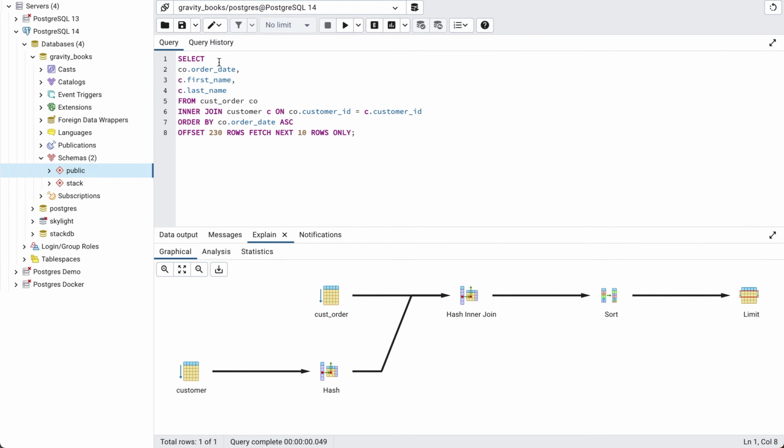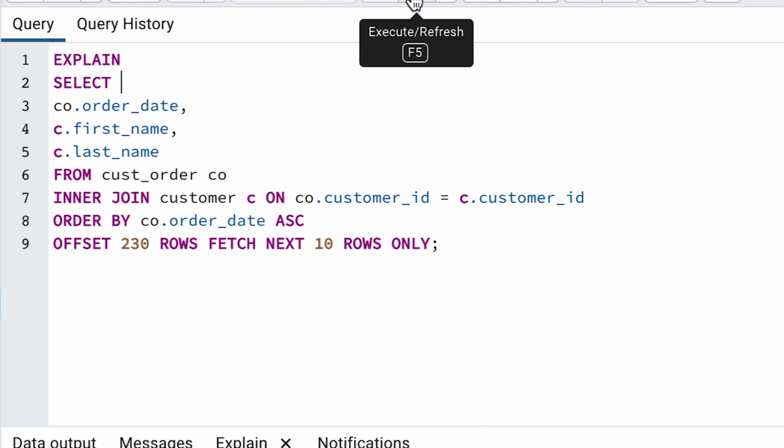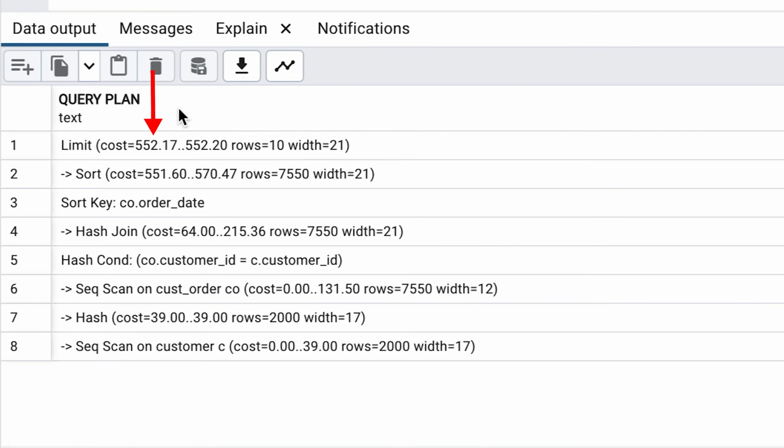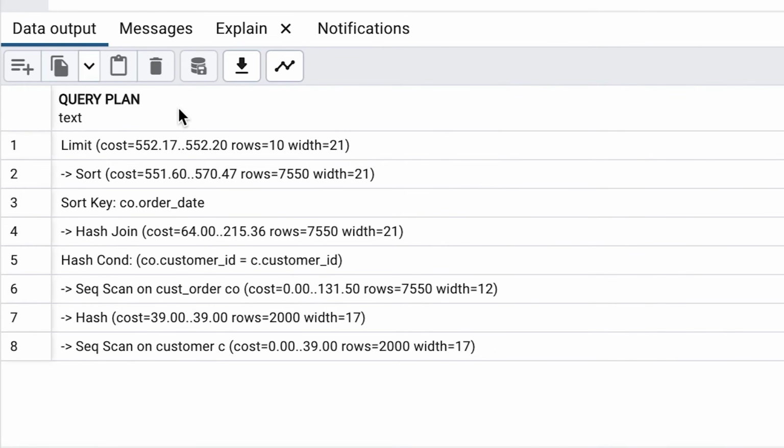To find the cost, we'll have to see the text version of the explain plan, which we can do by adding explain to the start of the query. We can see there is a cost here of 522, which is an arbitrary number that indicates the effort involved of running the query. But there's a way to speed it up. Also, I've demonstrated this concept on a Postgres database, but the concepts apply to many other SQL vendors.